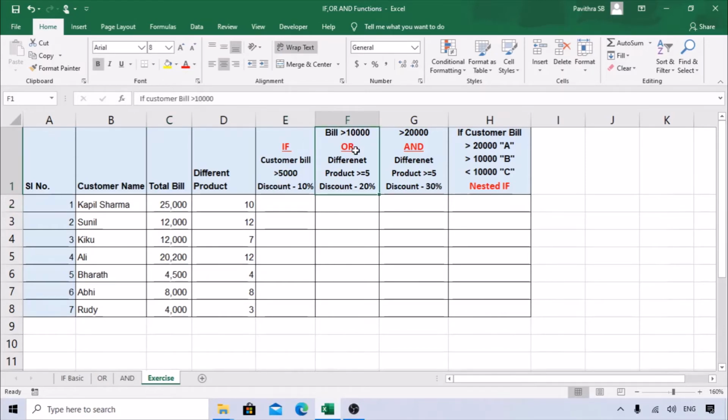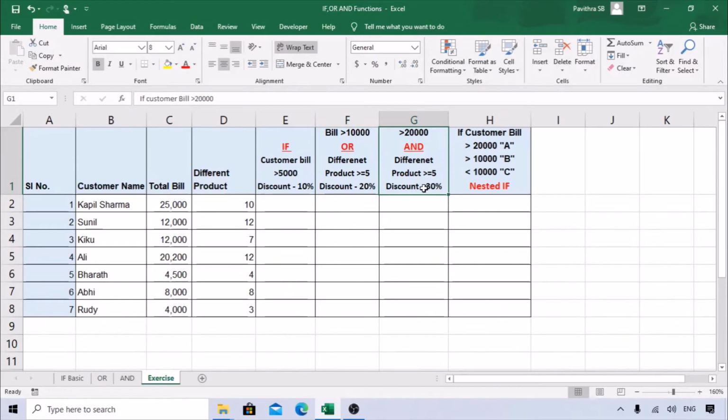Next is the OR function. The other criteria is: if the bill is more than 10,000 or if you purchase more than 5 products, you get a 20% discount. Either he has a bill of 10,000 or he purchased 5 products, then he gets a 20% discount.